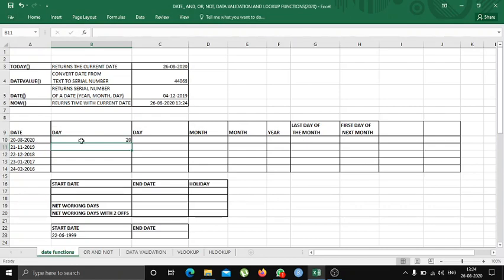Now in Excel, you need not enter the formula again and again for the rest of the table. You can just double click over here, at the bottom right corner, and it will automatically paste the formulas for the rest of the cells. Just double click and let's see. It has automatically recorded all the values.